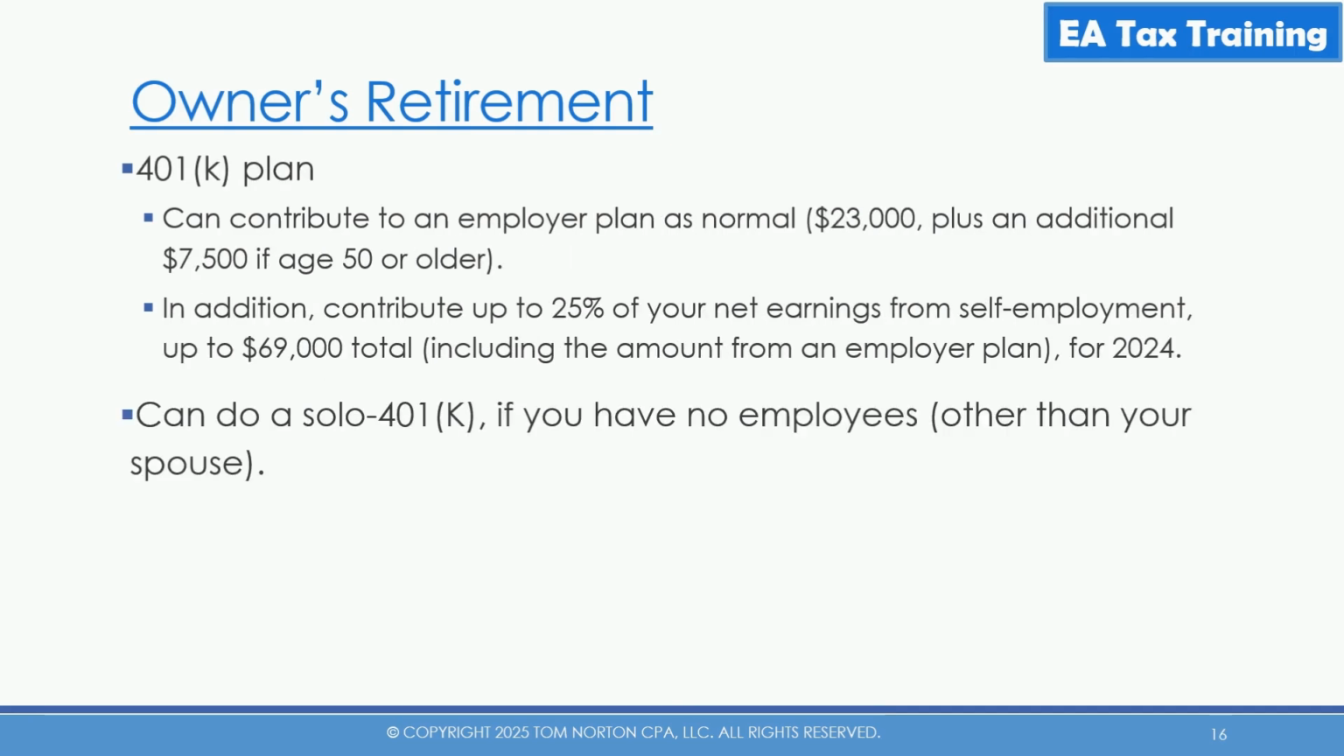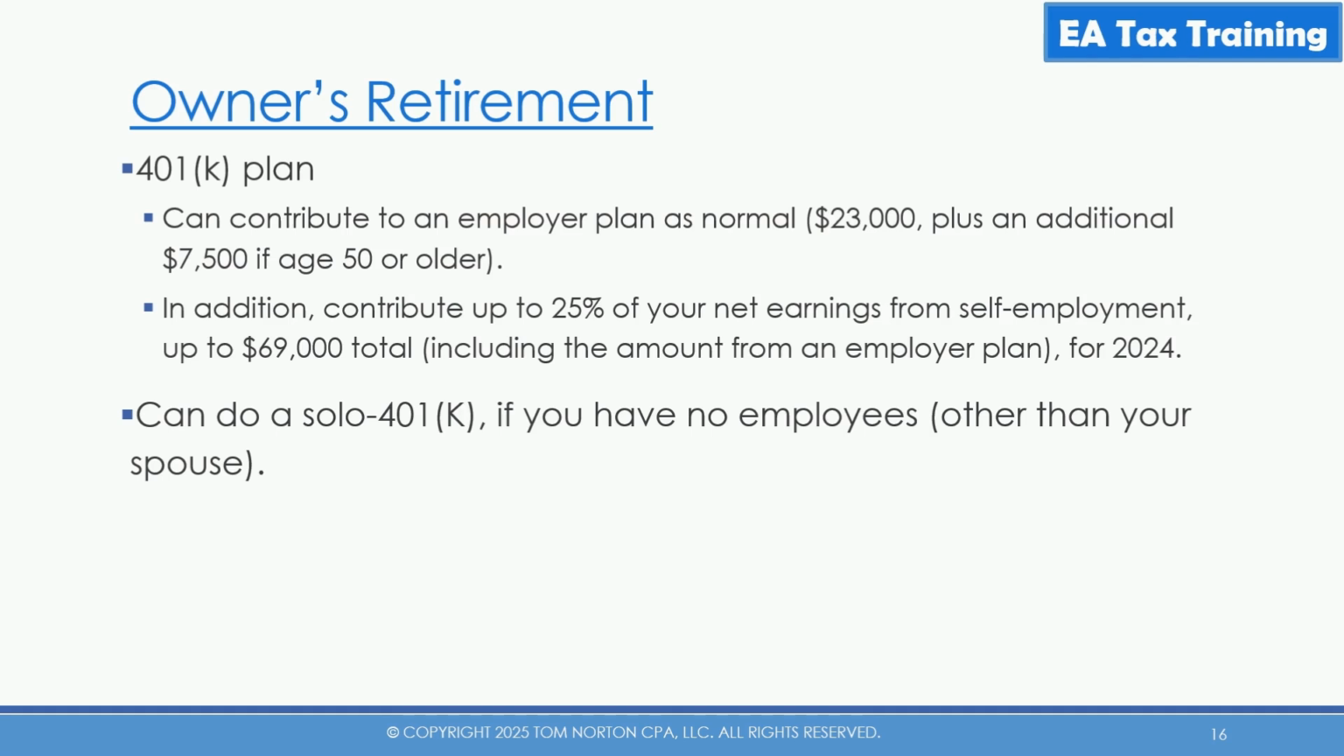401k plan. If this is a side business and the proprietor has a job with a 401k plan, they can contribute to their normal employer's 401k plan just like everybody else. So that's up to that maximum contribution of $23,000 for 2024, or an additional $7,500 if they are age 50 or older. In addition, they can contribute up to 25% of their net earnings from self-employment up to that $69,000